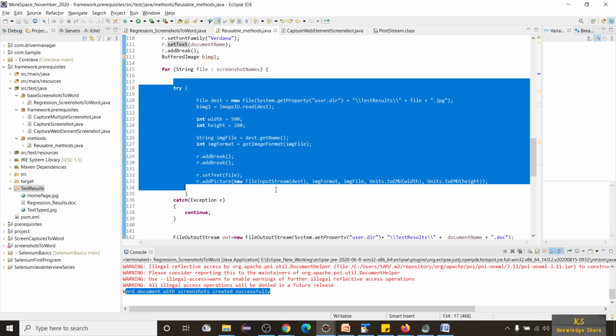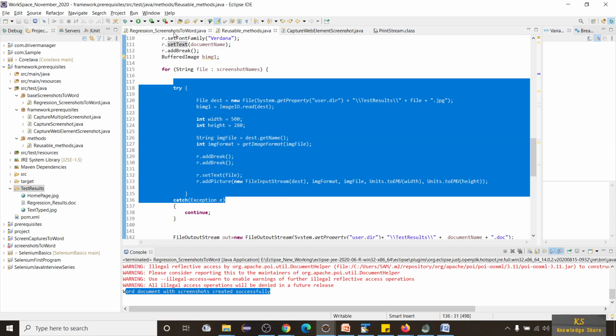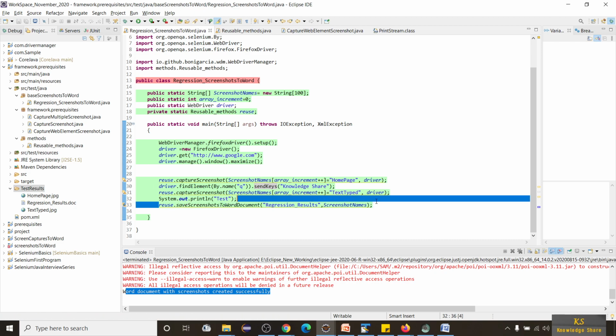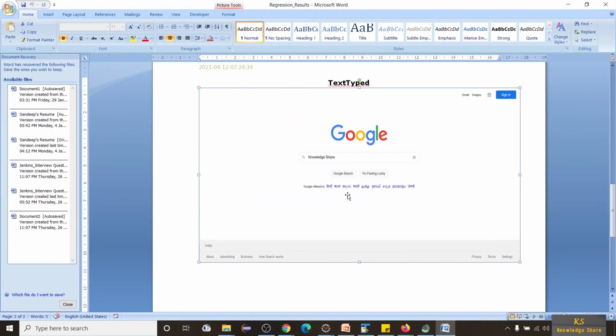So this is how it works. You can add as many images as you want. You just need to call the capture screenshot method each time, then increment the array, copy paste, and only change this name. Then you have to call this method at the end, after all your test cases are finished, in the same program, so that it will create this screenshot document.